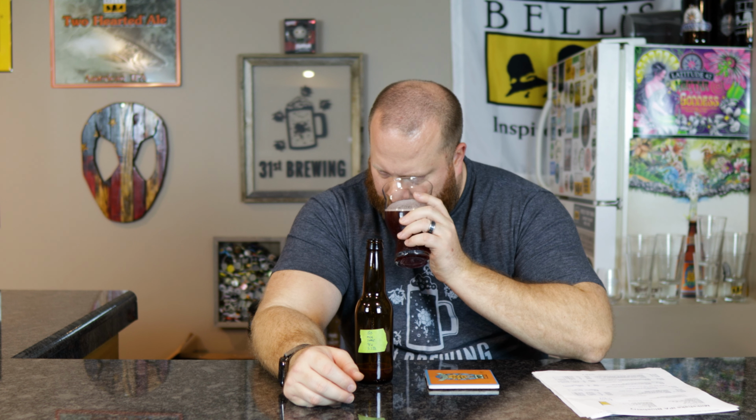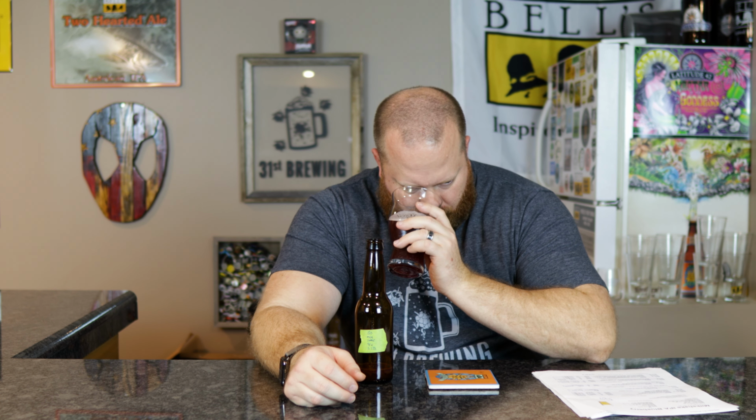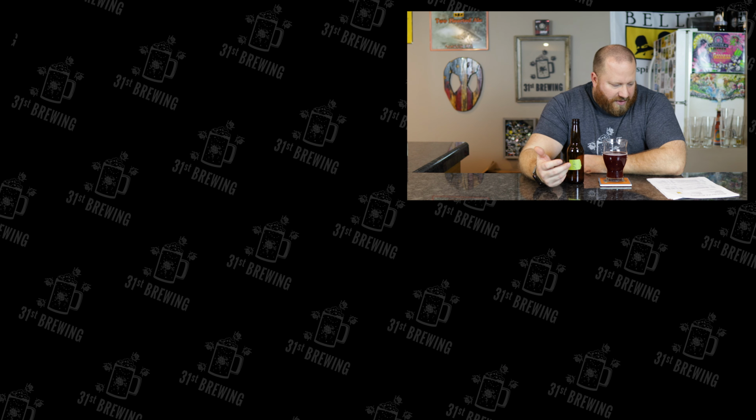There's a weird aftertaste to it. I smell the vanilla more now. Yeah, it's okay, but there's an older tart taste that I really don't care for. I want it sweet, like a sweet blueberry. I like that the bitterness is just a little compared to the standard version, and I'm guessing that's because of the blueberry cutting it, because they use the same exact stuff. It's just, yeah, this has